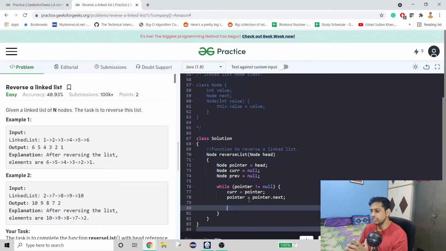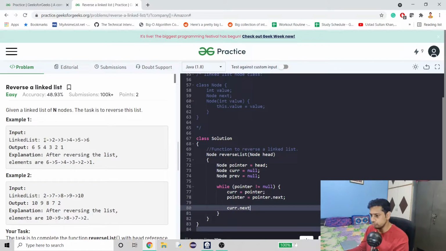So here let's see, right now head is 1 and it doesn't have a previous node. This is head also, which is pointer, and it is also current. So current node is 1, so we have to make null its previous. So what we have to do is current.next.